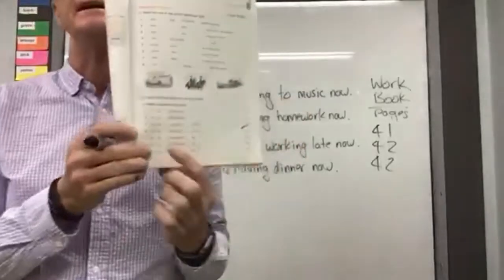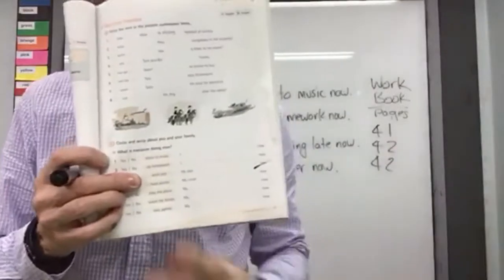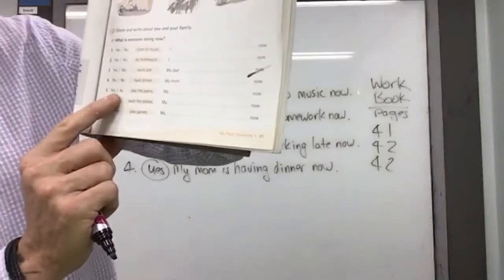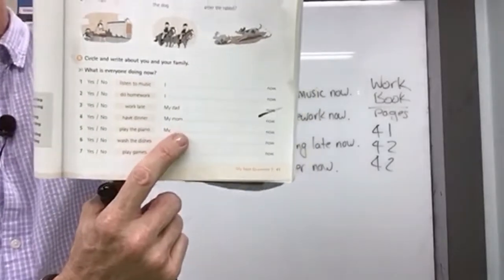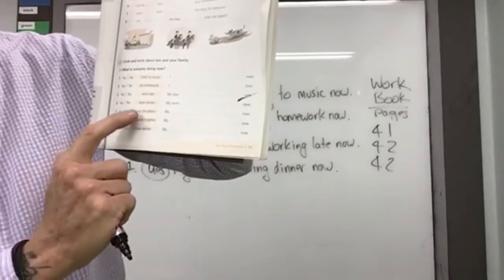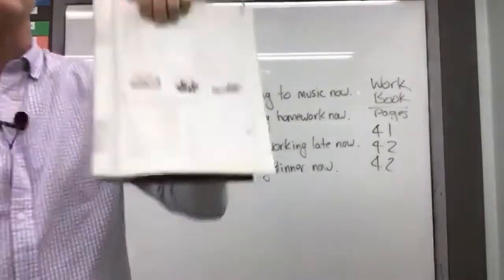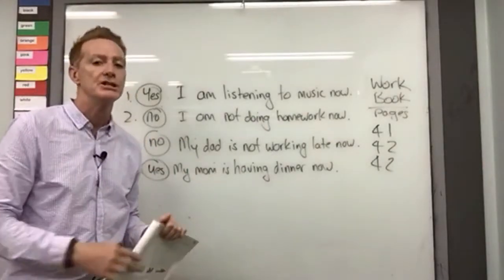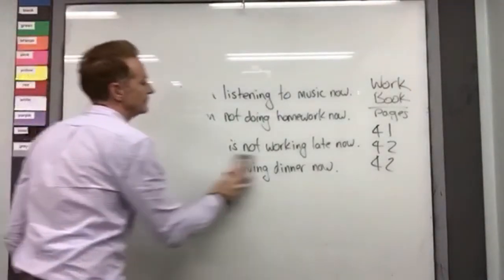Okay, now you have 5, 6, 7 to do as well. Now you can do them just in your own time here. So it might be a good idea if you stop the video. So you have to answer about what you can say: my brother, my sister, my friend, or my mom or dad, and answer 5, 6, and 7. So playing the piano, washing the dishes, and playing games. So it might be a good idea to pause the video now and finish 5, 6, and 7. Okay, let's move on